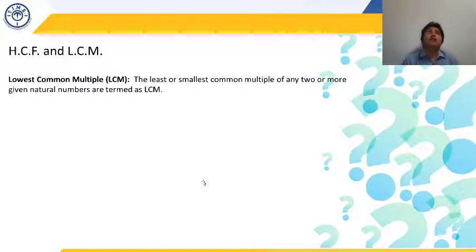Suppose there is a number 6 and there is a number 12. So what is the least common multiple? Least common multiple means it has to be a multiple of 6 as well as of 12. So if we have 6 and 12, we need to find the least common multiple between both of them. It has to be a multiple of 6, and simultaneously that number has to be a multiple of 12, and it has to be as small as possible. That's why we need to find the least common multiple.